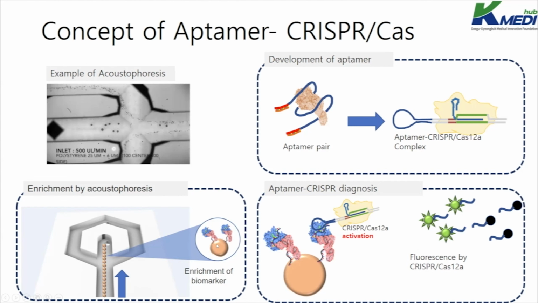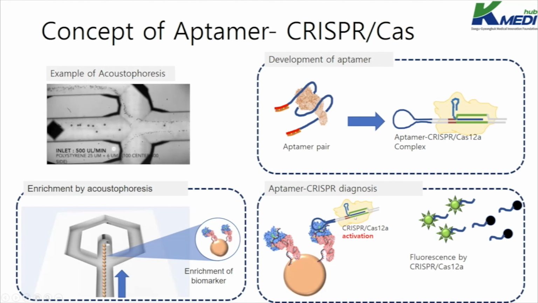So firstly, the microbead with this primary aptamer can capture this target protein. And after this capturing, this microbead and target is injected to this acoustophoresis system. In this acoustophoresis, micro-sized bead or any particle with micro-size is affected by acoustic wave, and it is moved to the center of the channel. The focused bead can be collected, and this